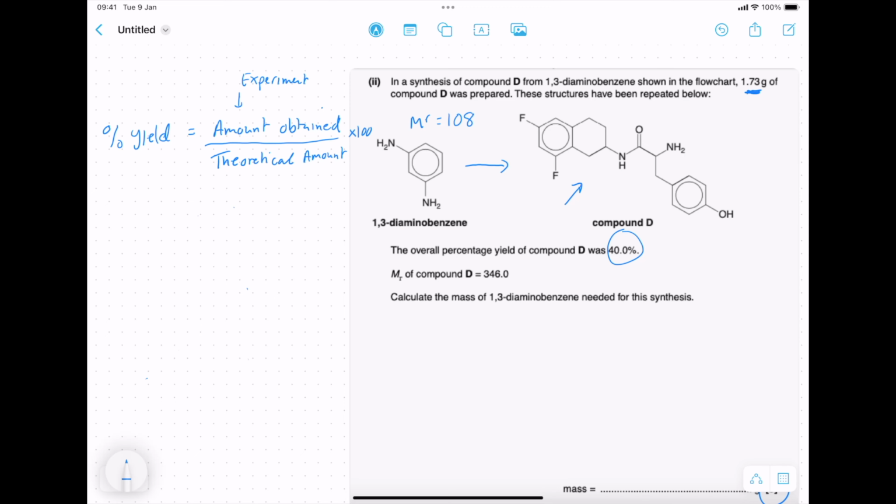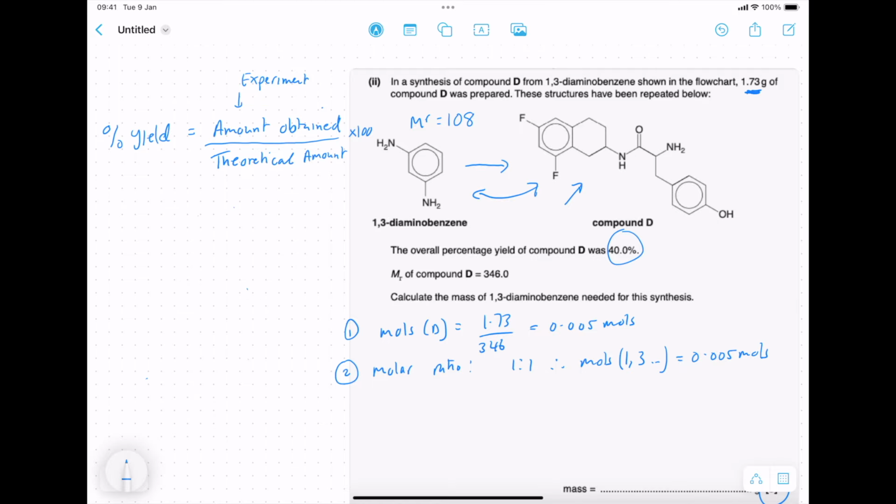So first thing I need to do is work out the moles of compound D. So moles of D will be 1.73 divided by 346, which gives us 0.005 moles. So that's step 1, work out the moles of the product we have. Step 2 is to compare the molar ratio of the product to the reactant. And in this case, we can see it's 1:1. So 1 of this comes from 1 of that. So therefore, the moles of the 1,3-diamino is also